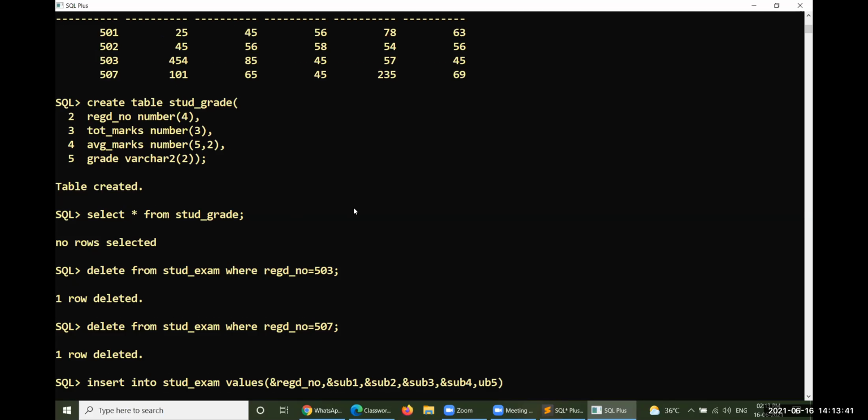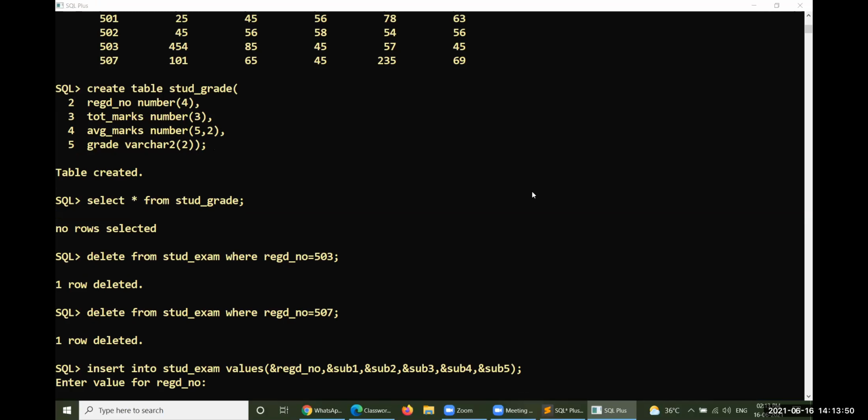It is ampersand actually, ampersand SUB 5. Let me introduce the values for this one. 502 is already there, 503.